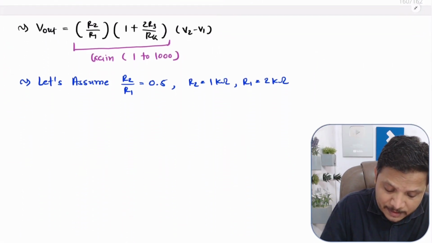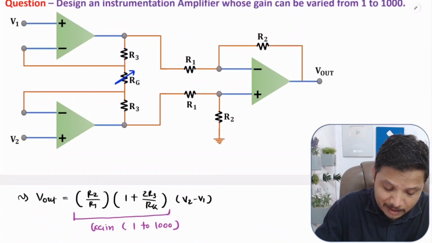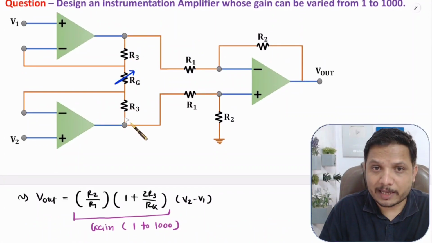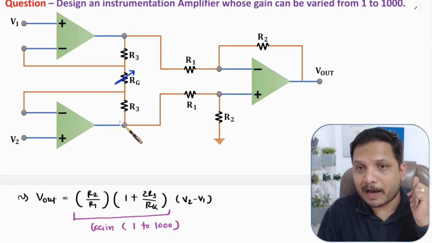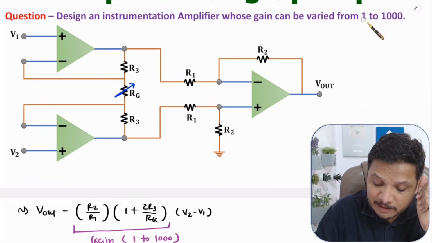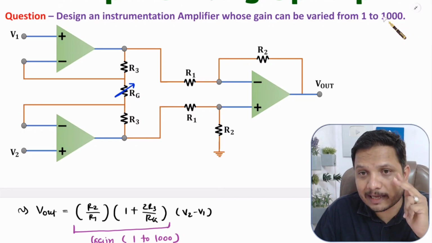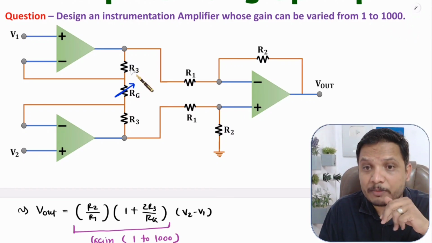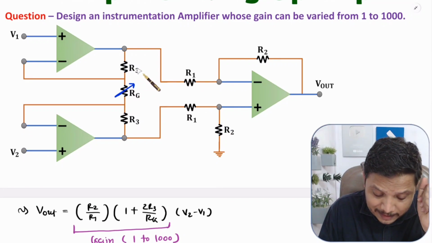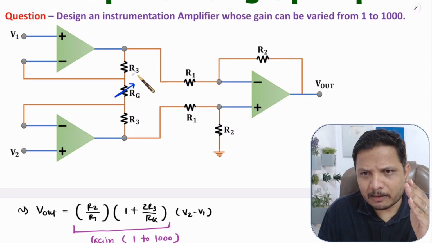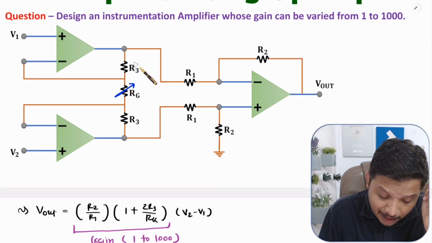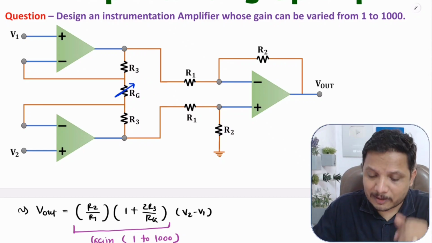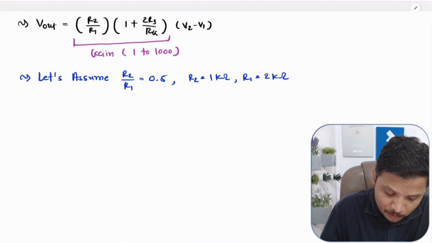Now we need to observe this portion of the circuit in which R3 is constant. You see, R3 is not variable, so here we need to assume R3 as well. Now how to assume R3? If you observe here, the gain is ranging from 1 to 1000, and 1000 is a higher value. So as the gain is in terms of 1000 over here, R3 should also be high. I can consider R3 as 1 mega ohm even, but here for simplicity, I'll consider R3 equal to 100 kilo ohm. So let us assume R3 to be 100 kilo ohm.